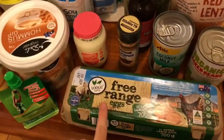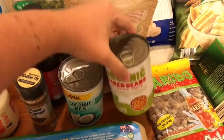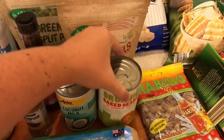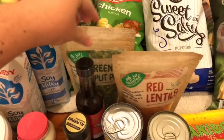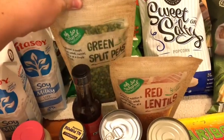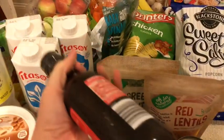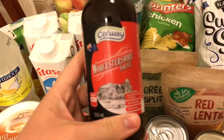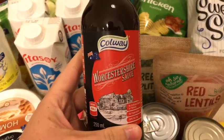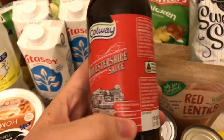Over here we got some free range eggs, some organic baked beans, coconut milk. We got some red lentils and green split peas. We got some, now I never know how to say this, is it Worcestershire, you know, this kind of sauce. And I remember